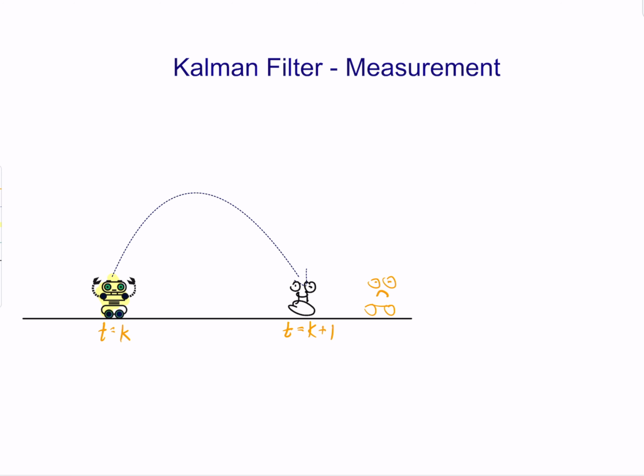So again, the Kalman filter is the weighted average. I take this guess, which can be represented as a Gaussian distribution, and I take this measurement guess, which can also be described using a Gaussian distribution, and I multiply them together, which ends in this much more accurate Gaussian distribution. This is the posterior. The weighted average is based on the Kalman gain. When the Kalman gain goes to 0, I give more weight to the prediction, and when the Kalman gain goes to 1, I give more weight to the measurement. This is exactly what to do.